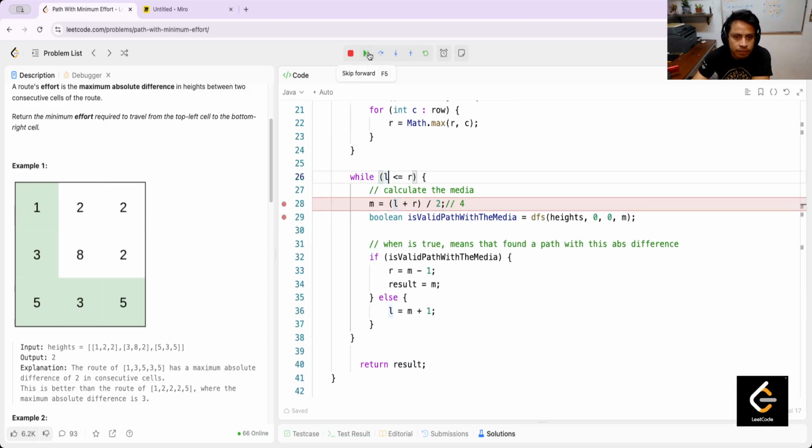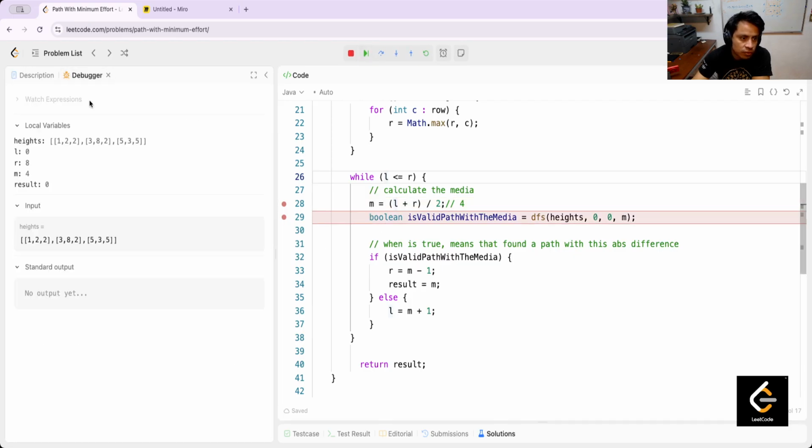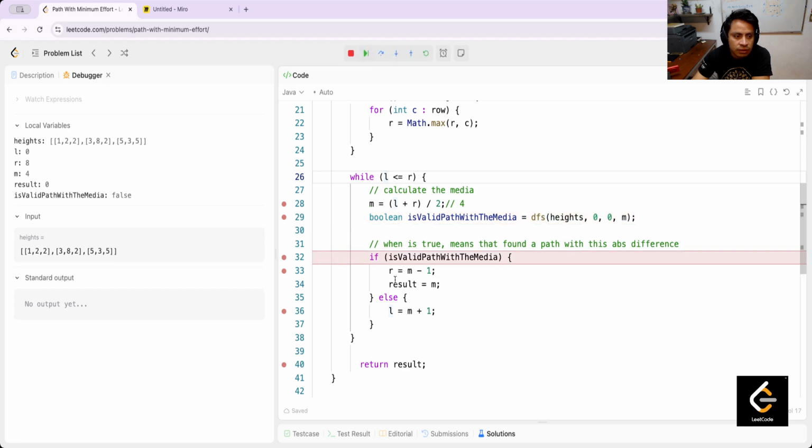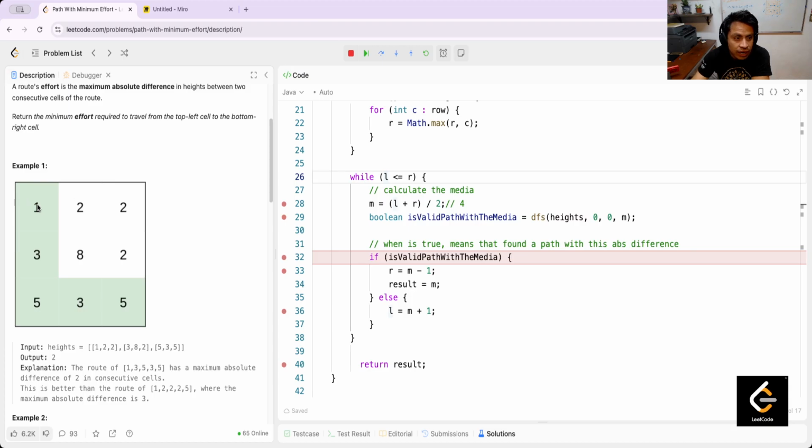Is it 4 or should it be 4? Now is valid path with the mid, and this returns false. I am saying with 4 it's not possible, but this is wrong because with 4 I have